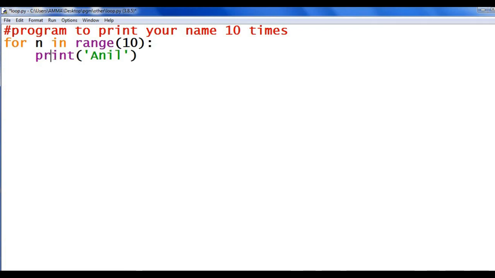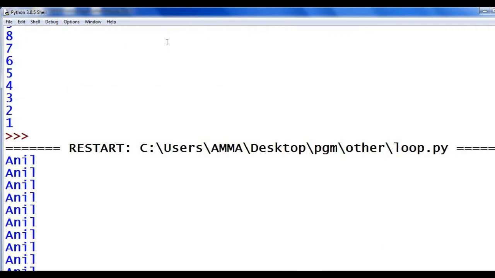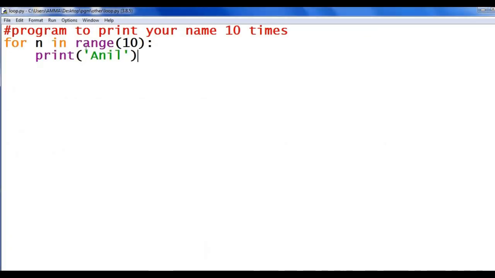That is, it is not compulsory that you have to use this loop variable in your loop body. Here I have given just print then name. See the output, Anil 10 times. So this range is only for iteration.